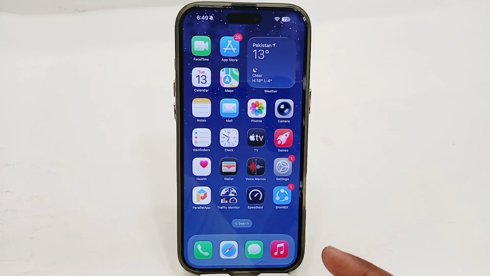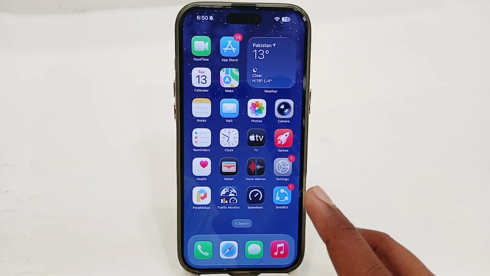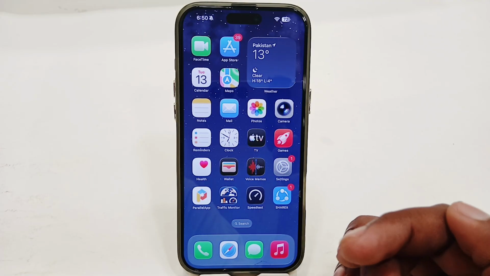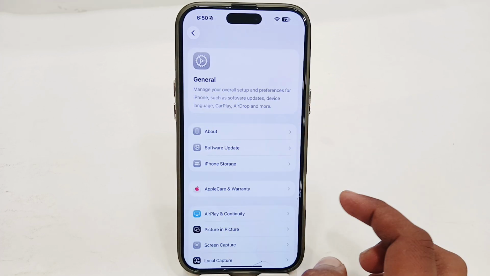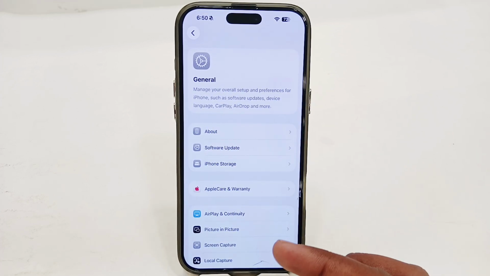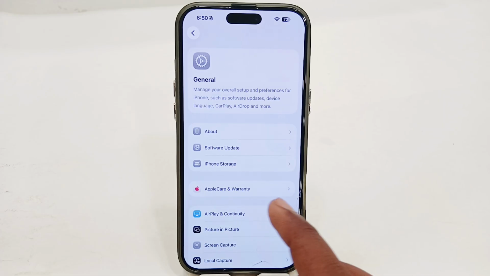So the very first, if your AirDrop is not completely disabled, you might find it in your General section. So go to your Settings app here. Go to General, and here you'll find AirDrop if it's not completely disabled. If you're unable to find your AirDrop, it might be that AirDrop has been completely disabled. Now to fix it,